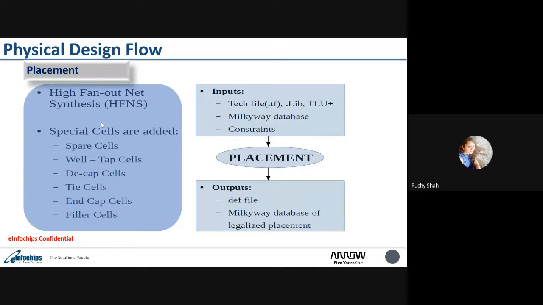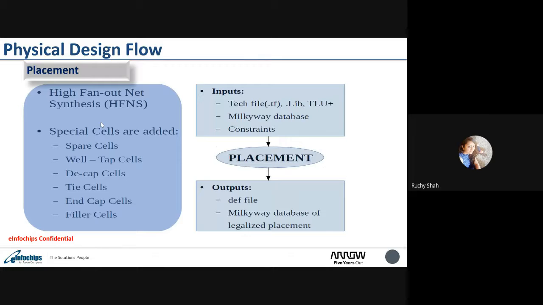In high fan out net synthesis, we try to divide the load and try to buffer those nets. So this is all about high fan out net synthesis. All the special cells which were discussed in the previous two slides are placed inside this stage.